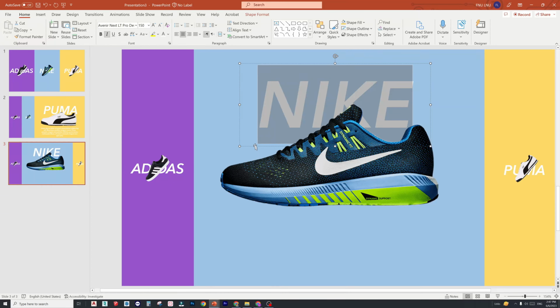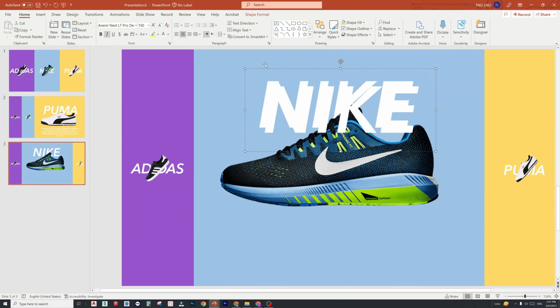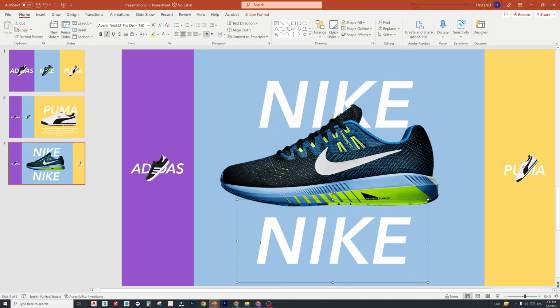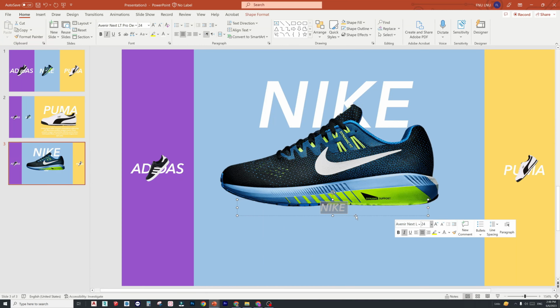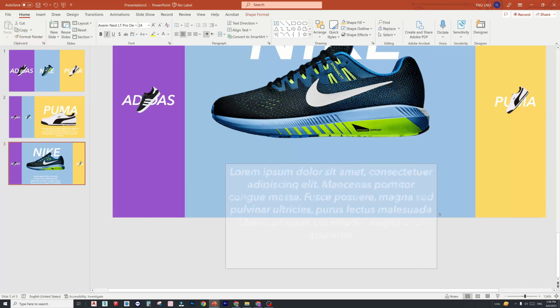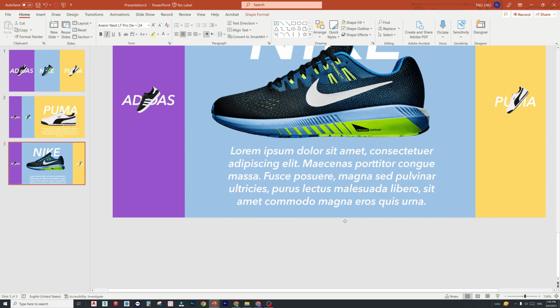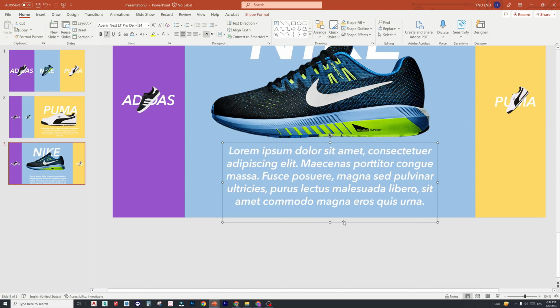Now select the text and same, duplicate it. Decrease the size to 24. Bring it down. Write whatever you want. Fit it in the center.